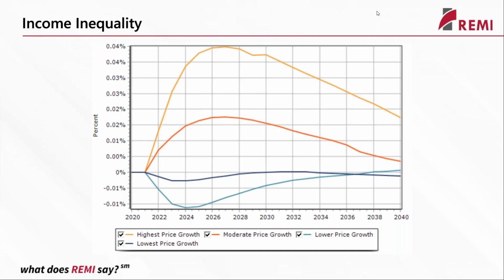And what's also interesting here is that these lower priced counties actually see a reduction in that income inequality. That might be because high wage earners and medium wage earners in the highest price counties are leaving and moving to those more rural and less high cost housing communities. And so that might be balancing some of the income inequality there.